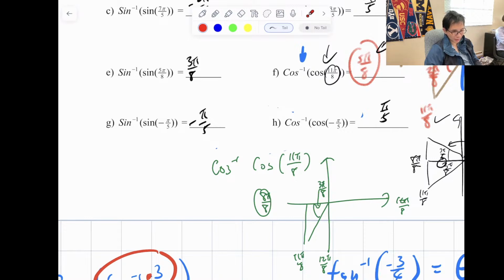Reference angle is not 16 pi over 8. Starting with that and not